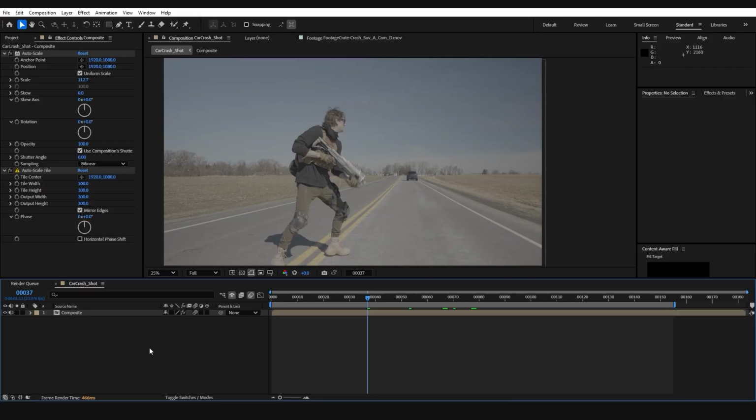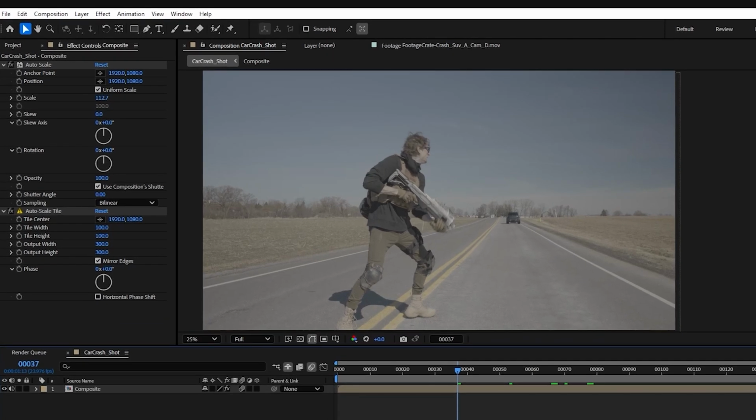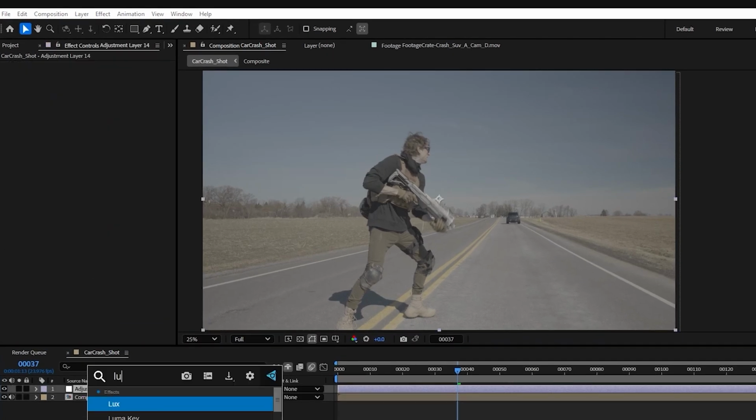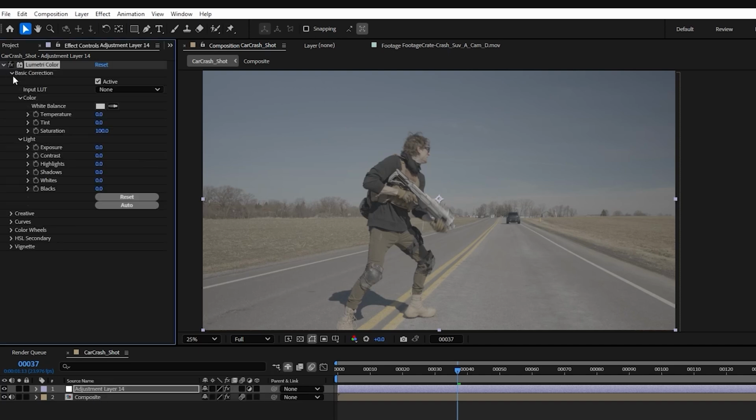So let's go ahead and throw a LUT on here. I'm gonna add a new adjustment layer. The shortcut for that is Control Alt Y, and then we're gonna add the effect to the adjustment layer called Lumetri Color. Under the basic corrections, we can add some contrast, maybe warm it up a little bit, crush the blacks,